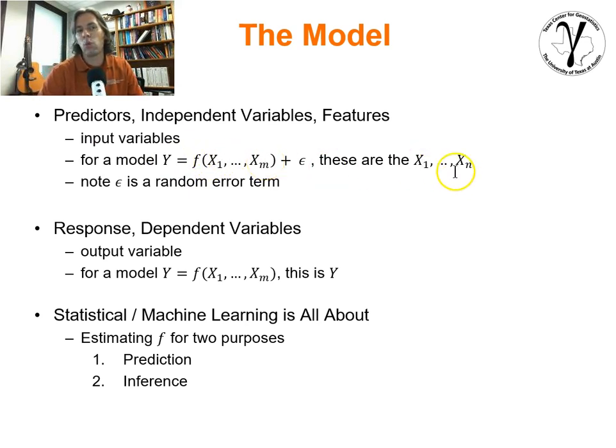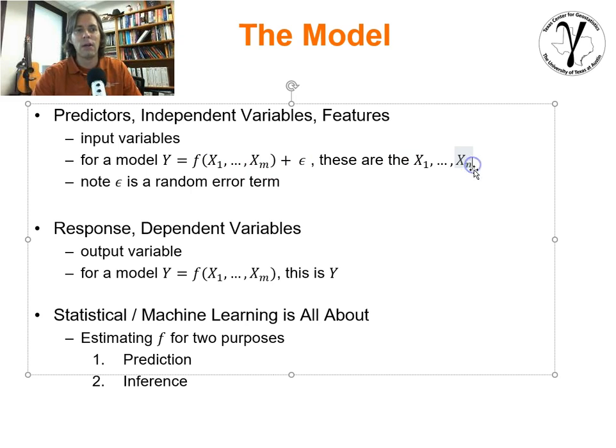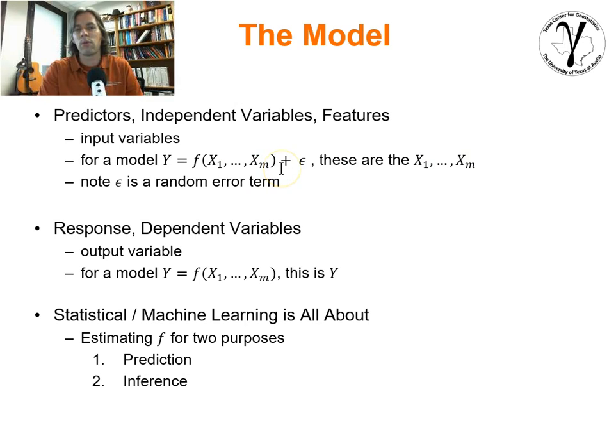That would mean that x1 through xm are going to be our predictors that we're trying to work with. We have m variables. And we'll note that there will often be an error term within our models. We account for the fact that we don't perfectly fit our information. There's error.